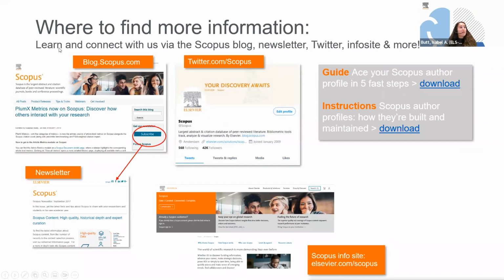We share a lot about Scopus on the blog. You can also tweet about us. You can read the newsletter, and we can send out various guides like how to ace your author profile in 5 steps, or a reminder about how author profiles are built and maintained. So I wanted to close with assuring you that